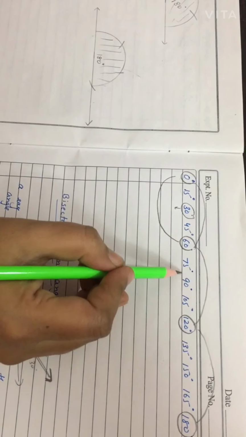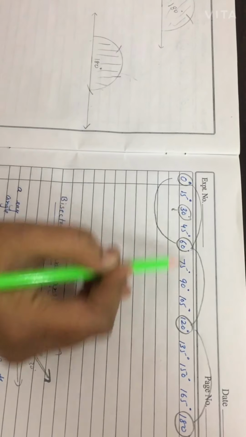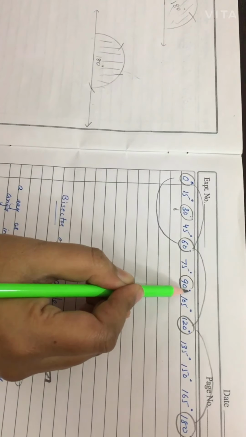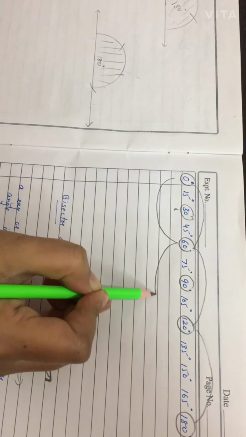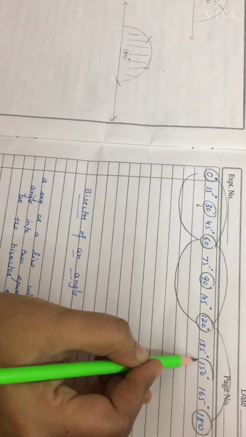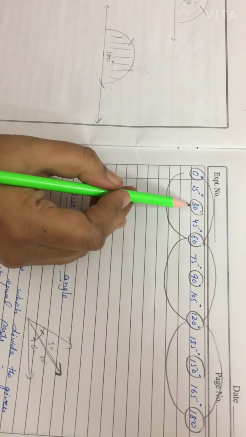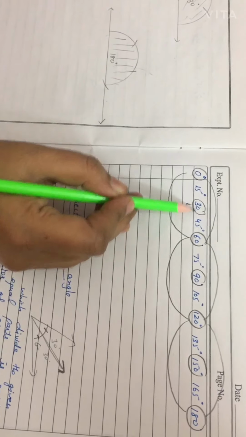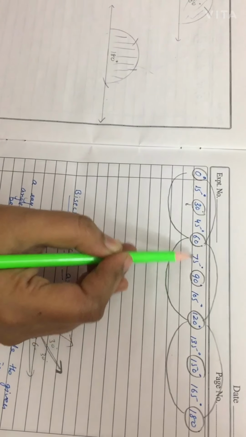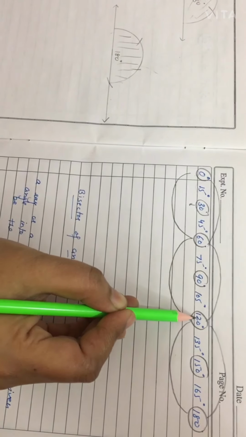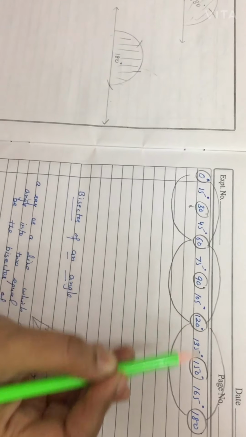So if we see 90, we will now learn how to construct the angle of 30. Now how to construct the angle of 90? See, it lies exactly between 60 and 120. And 150 exactly lies between 120 and 180. So if we want to construct the angle of 30, we need the angles of 0 degrees and 60 degrees. If we want to construct the angle of 90 degrees, we need the angles of 60 and 120. And if we want to construct 150, we need the angles 120 and 180.